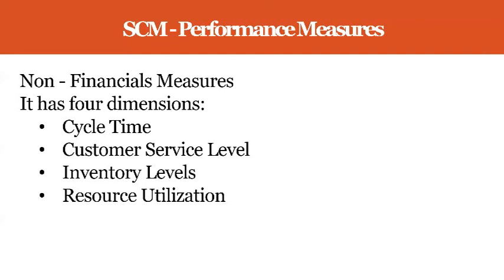so as the inventory carrying cost increases the total cost significantly, it is essential to carry a sufficient inventory to meet the customer demands. So it is divided into four categories. We have inventory for raw materials, inventory for work in process, inventory for finished goods, and inventory for spare parts. And then the last dimension is the resource utilization. So your resource utilization